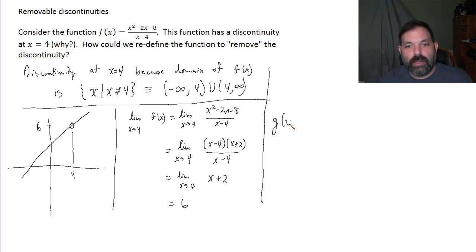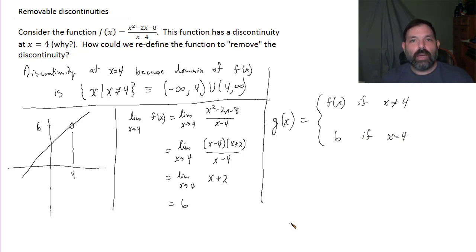Call g of x the piecewise defined function f of x if x is not 4, and call the function 6 if x equals 4. Now, this is a continuous function because I know that the limit as x approaches 4 of g of x